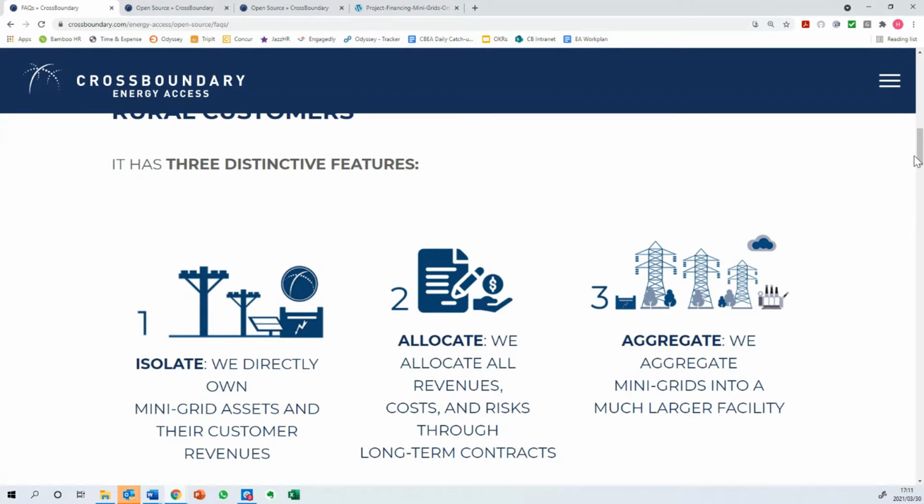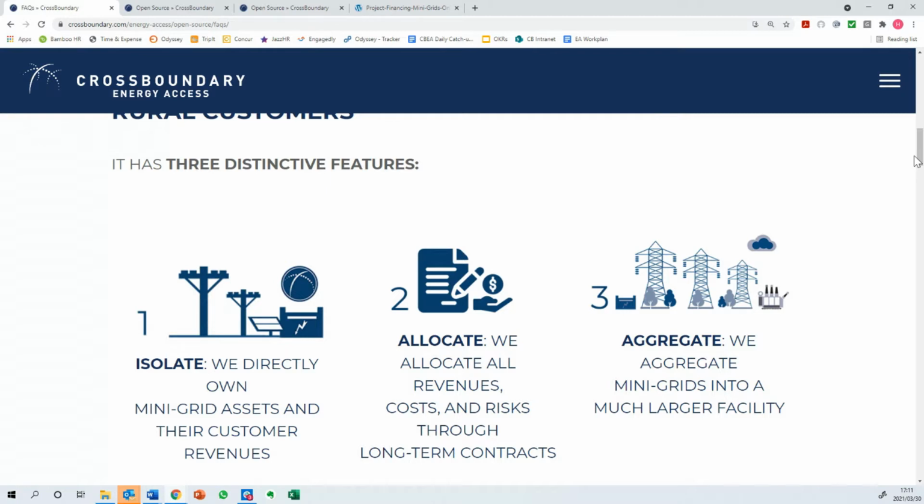When it comes to isolating the mini grids and the assets and the customer revenues, I think we spoke about this a bit more in depth last year at the AGM. But the idea is that we know that mini grid developers take part in so many different activities. They're developing sites, they're doing EPC work and construction, they're going out strategically, applying for tenders, etc. But those activities have quite a different risk profile than the actual infrastructure asset, which is there in the ground and is generating long-term inflation-linked revenues from customer payments.